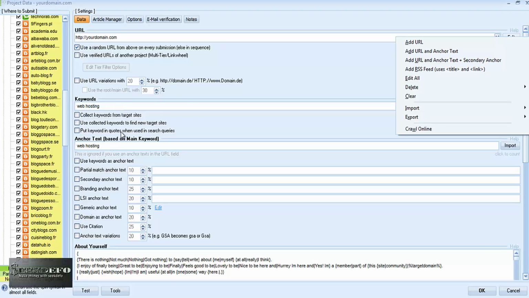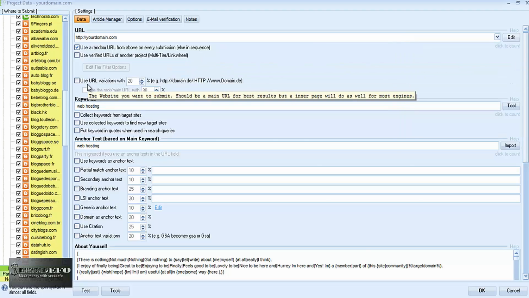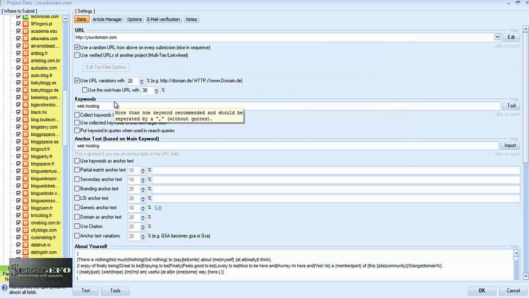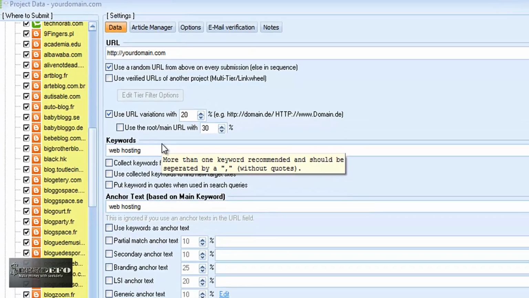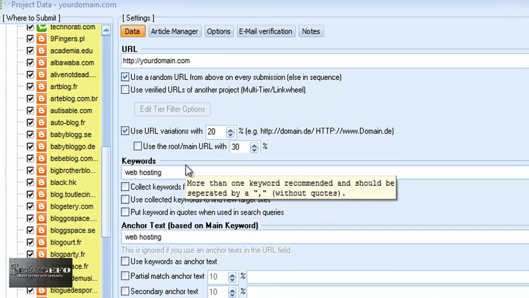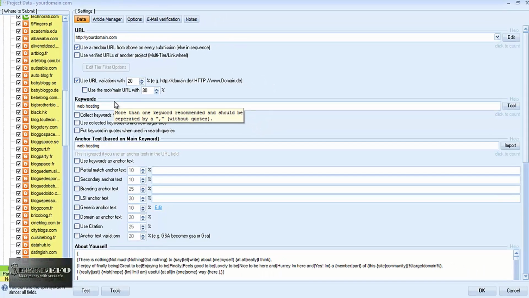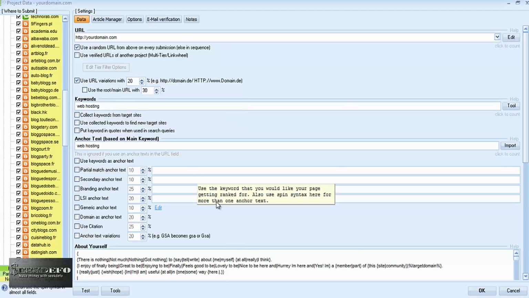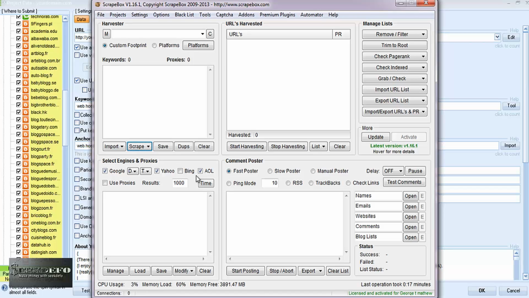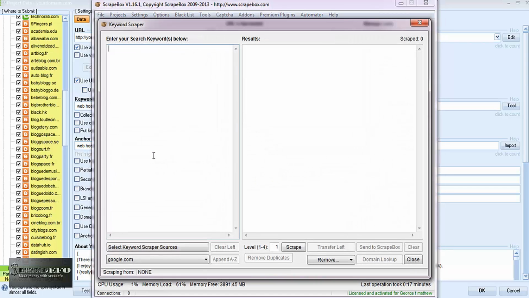Anchor text, you don't need that. But if you haven't done that and you are using GSA for your first tier, then you need to use these options, and you can use URL variations like HTTP seekd4.com, HTTP www.seekd4.com, HTTP in capitals, and a lot of variations are there. For the keywords, I would just go to Scrapebox, keyword scraper,